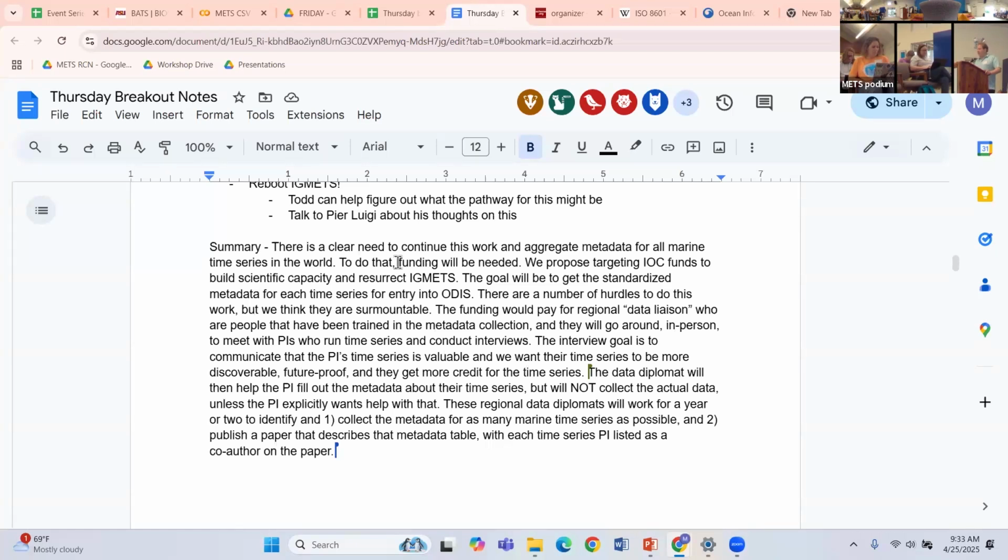And the last point I think we spent a good time talking about was there needs to be some clear, immediate benefit for the PIs to participate in this process. It can't be only a vague kind of promise of, well, in the future, people might interact with you more. So we thought maybe a paper, where they can immediately get co-authorship on a paper that comes out of this, or some other, think more carefully about short-term benefits that we can sell